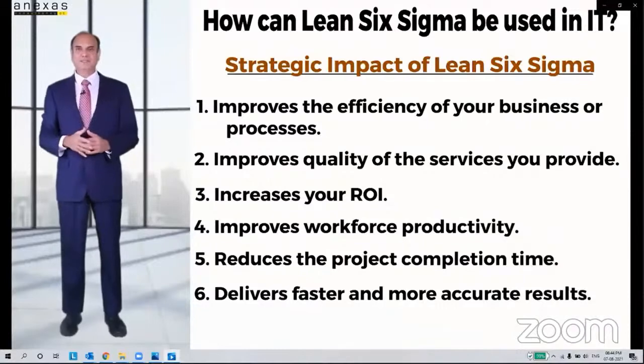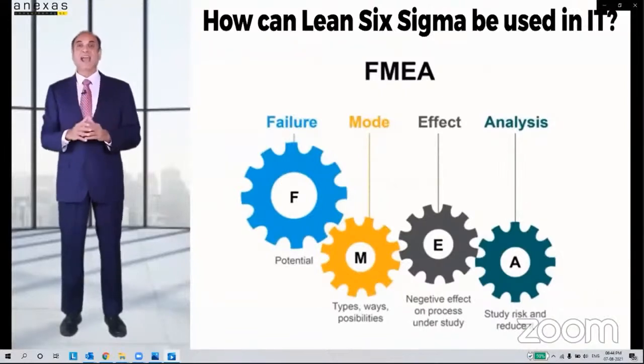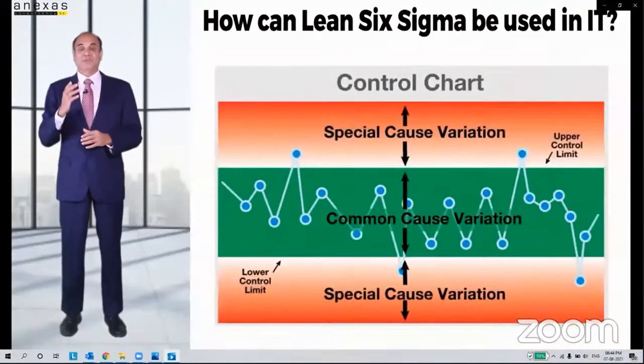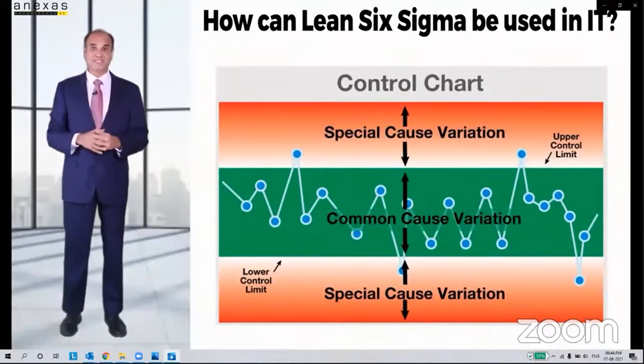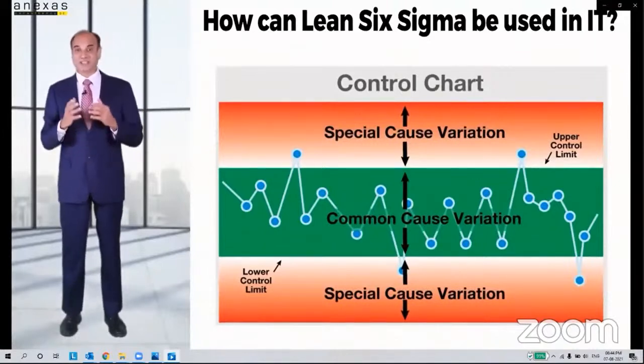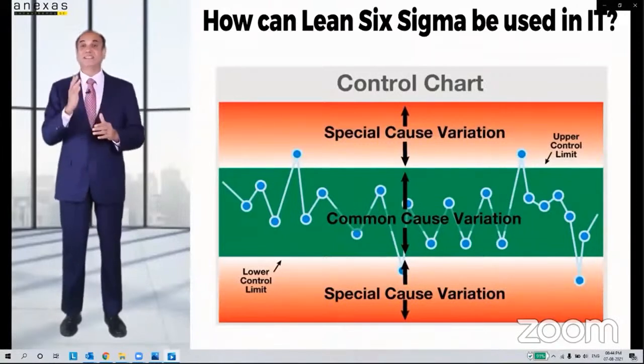To give you examples, some of the tools which have yielded excellent results are use of FMEA. It has resulted in identifying the mistakes and also preventing those mistakes from occurring. Use of control charts have helped many organizations to find the special causes and appropriately take action on it. And then identifying the difference between the common causes and special causes, these organizations have been able to take long-term